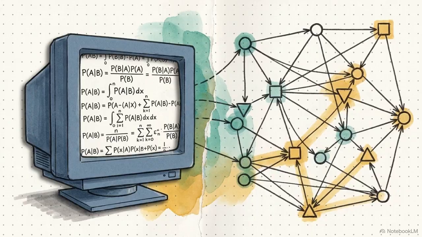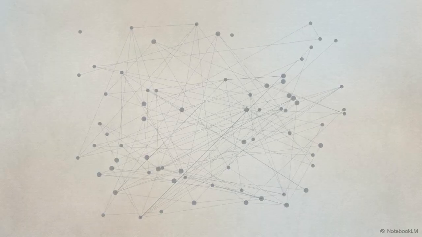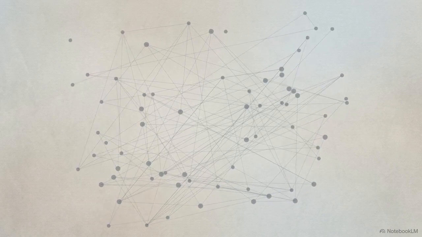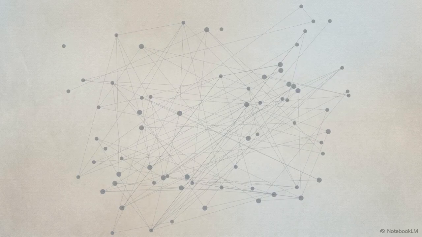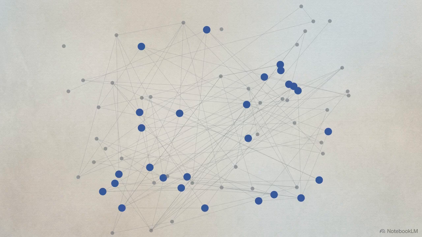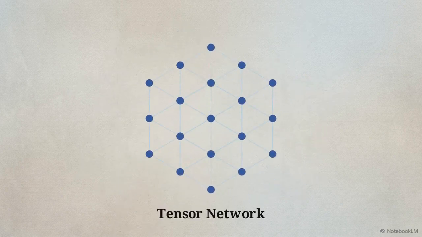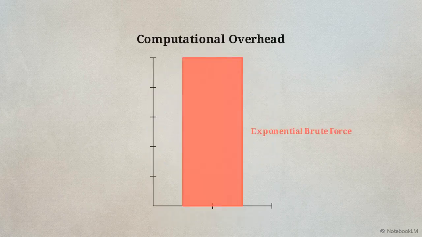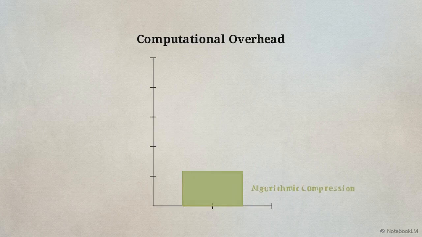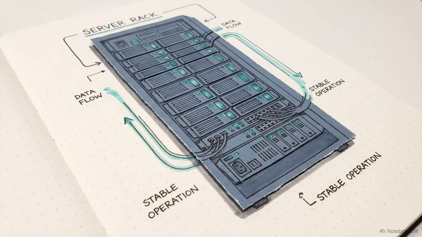Think of a tensor network as an incredibly intelligent zip file. Instead of forcing a computer to remember every isolated detail, the algorithm identifies structural patterns. It discards the useless information and retains only the critical particle relationships that dictate the actual quantum behavior. By stripping away the dead weight, the required computational power plummeted. They bypassed the physical memory constraints that were supposed to make the simulation impossible for classical machines.